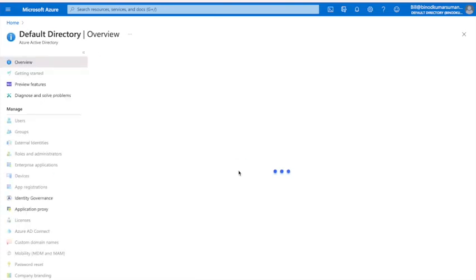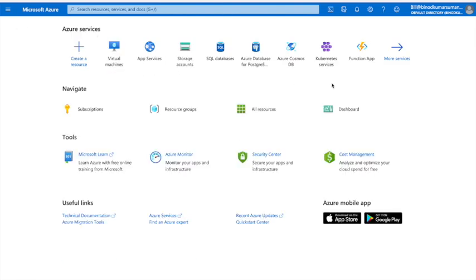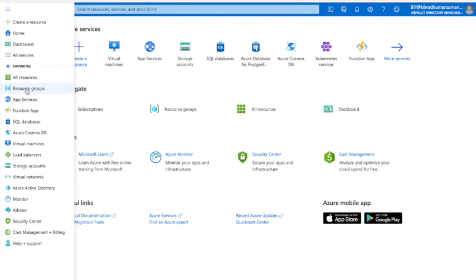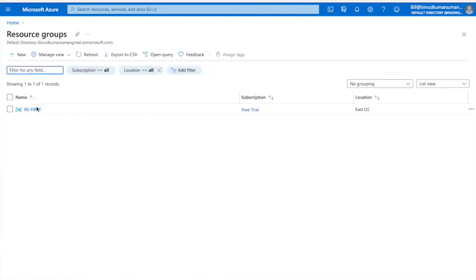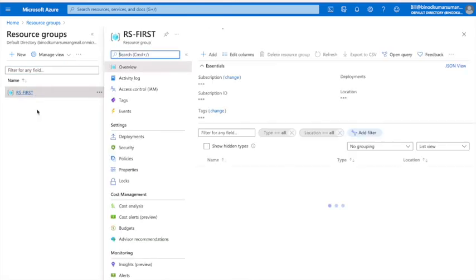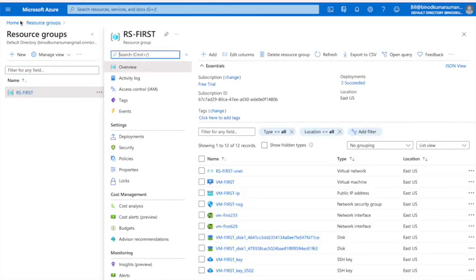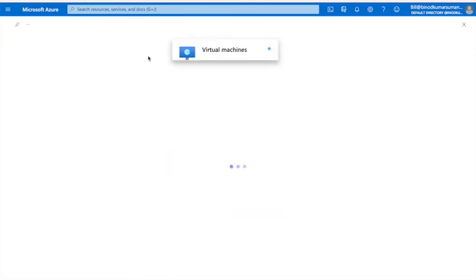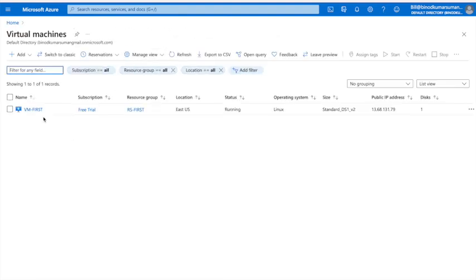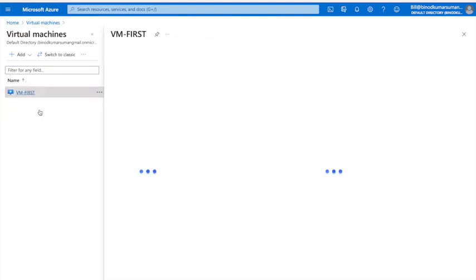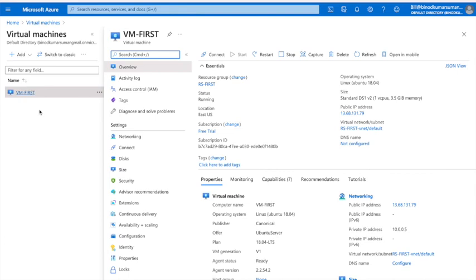Now this user should have the access for resource group 1, right? So go here to the resource groups, and you can see resource first should be there because we have assigned this user to it. So now you can see this user has the access. Now go to the VM. I have the one VM, V1. It should appear here. Now this user only has permission for read purposes.